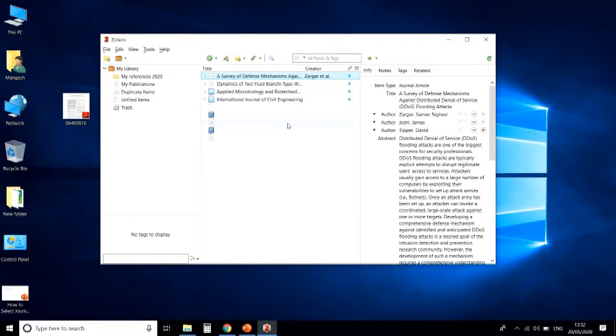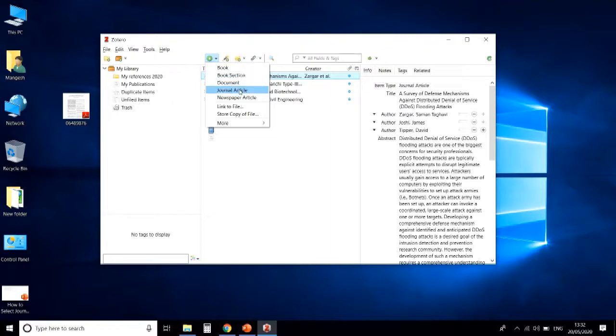And on the right hand side you can see relevant information of references that Zotero gathers about the document automatically.